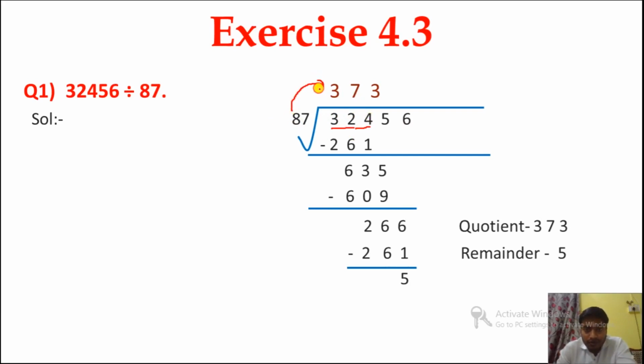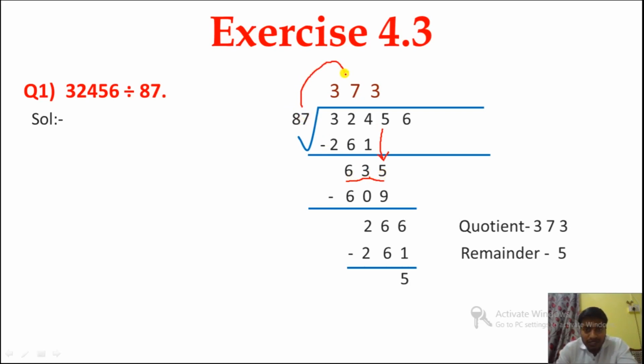Now it will go how many times? 3 times. Okay, so when we multiply 87 by 3, we will get 261, as you can see on the screen. Now we have to subtract. So 4 minus 1, 3. 2 is less than 6, so 2 will take borrow from here. So this will become 12. 12 minus 6, 6. And this will become 2. So now 2 minus 2, 0. Either you give 0 or cross mark. Okay, so here we got 63. Clear? 63. Now bring down this 5 here. Now it became 635. Clear?